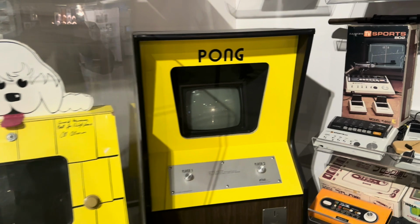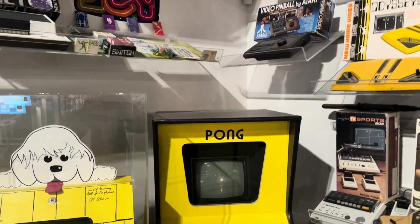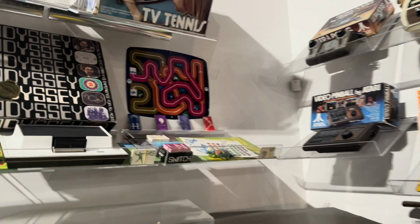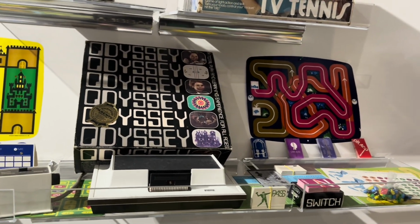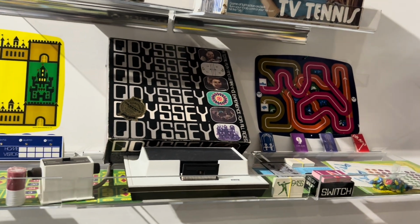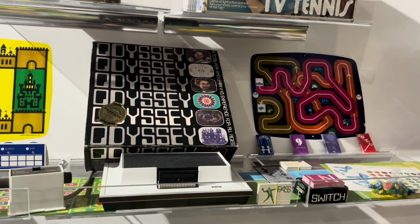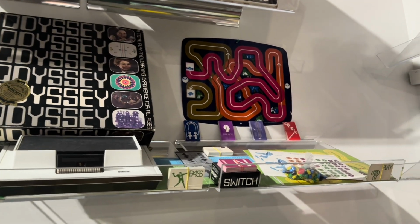And the original Pong, 1972, the first commercially successful arcade video game. And there's the Magnavox Odyssey, created by the late great Ralph Baer. Began as the brown box prototype, and ultimately it came to market in 1972 as the Magnavox Odyssey. And you can check out